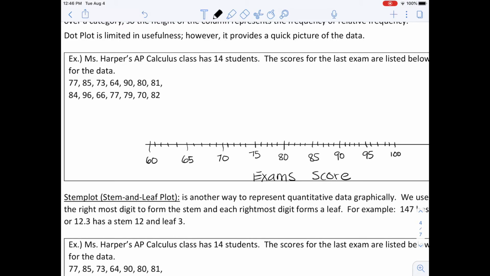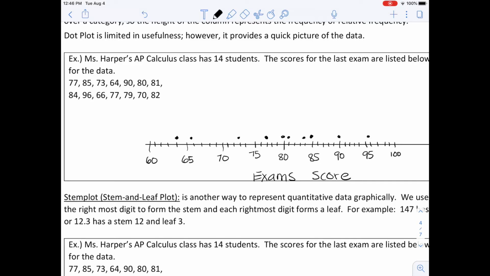First number that we have is a 77. So find 77 on your graph, and you're just going to put a dot hovering above 77. Next number we have is 85, then 73, 64, 90, 80, 81, 84, 96, 66,